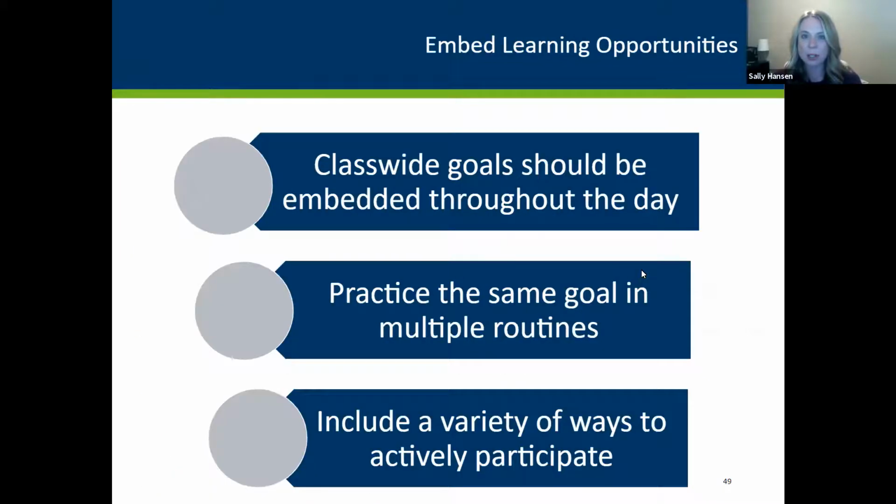So along with active participation goes embedding learning opportunities for all children. We talked about this in the routines segment of our top 10, that we want to be intentional about the activities we plan so we know what goal we're working on. The class-wide goals, things that all children are working on: letter identification, following directions, making friends, self-help skills. Those should be embedded throughout the day, where there's lots of practice opportunities and a variety of ways to